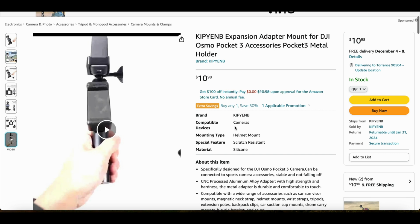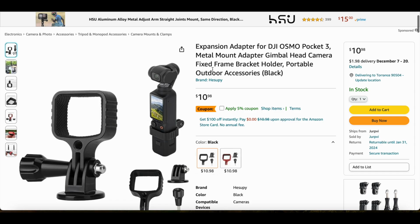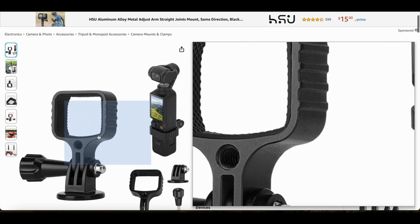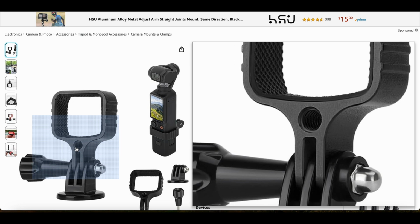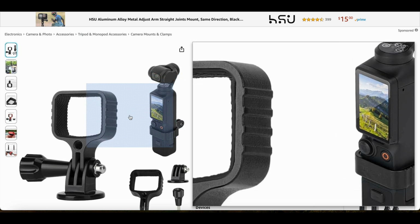Okay, so it has a scratch resistant finish. It's 1098. And here's another one, an expansion adapter for the DJI Osmo Pocket 3. You can see that this one is facing the wrong way, but it's cool because it has a 1/4 20 mount. So if you have a super small tripod, it may work. And this one,